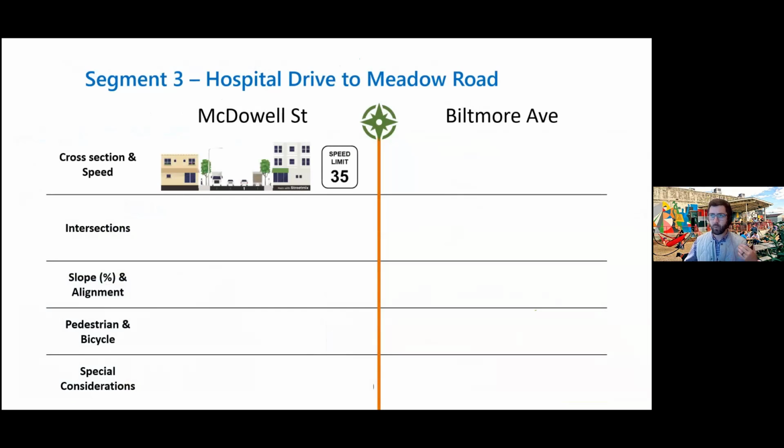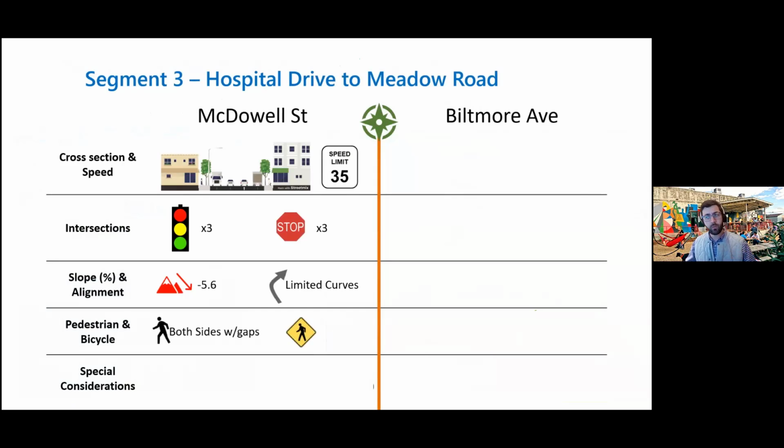Along McDowell, we shift back to a 4-lane undivided roadway, still posted 35, with 3 signalized and 3 stop control intersections. We're now on a downward slope again, and we do have some horizontal curves. Again, we have sidewalks on both sides with gaps. We do have an uncontrolled crossing at the Asheville High School. It is signed, but there are safety issues there, as Luba noted. And we also have a tunnel with a narrow sidewalk going through, as well as a school zone at the